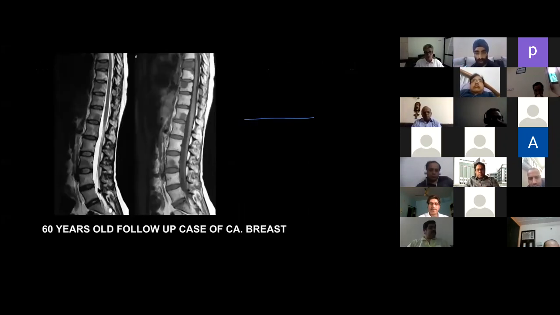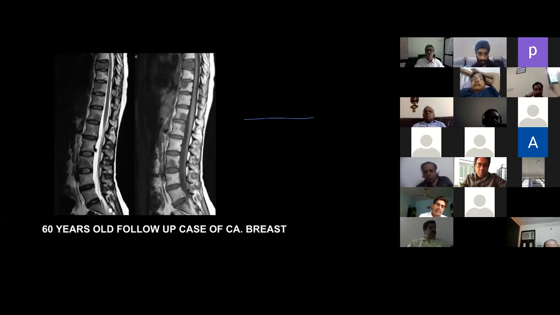So in spine, if there's a disc herniation, by convention we take it like this and divide it into thirds. If the disc is causing compression of 1/3 of the thecal sac, we call this mild. If 2/3, it is moderate. If more than 2/3, it is marked or severe. That is one way to classify. Then we can also take an AP thecal sac diameter at the mid sagittal level.